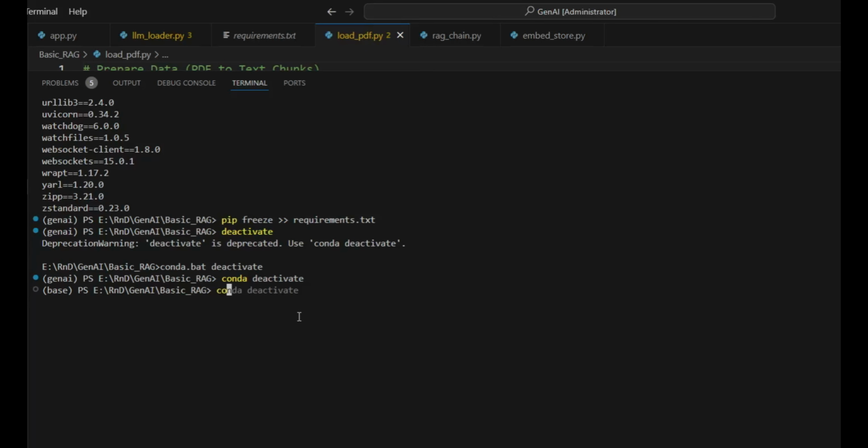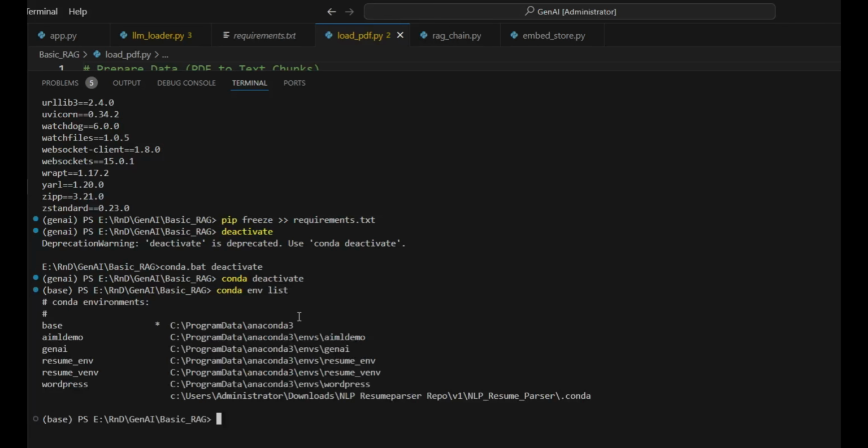I can list the environments with conda env list. It will show all the environments which I have in my system right now. So I'm using the GenAI environment. I'll activate this.